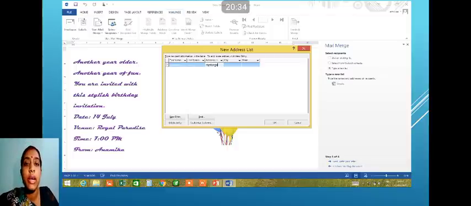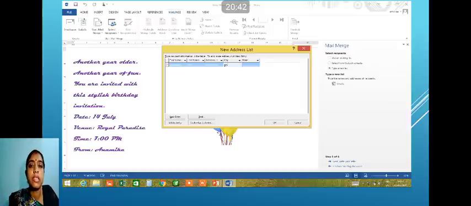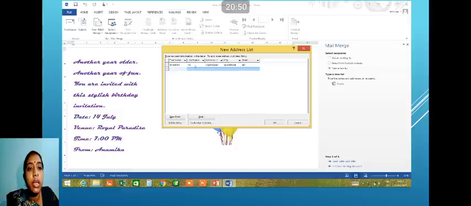Whatever is your friend list, whatever the list you want to create, to whomsoever you want to invite, that list and that person's name, address and all, whatever is your requirement, that you can enter over here. Yes, after entering everything, you have to click on new entry for the next entry.